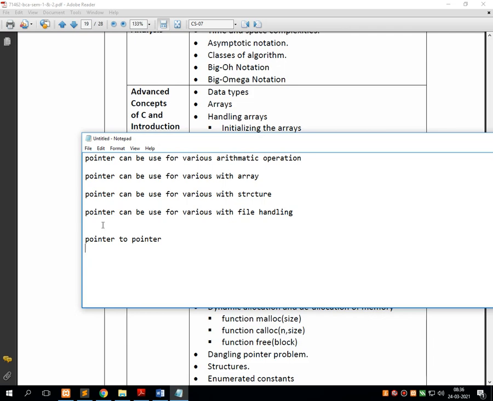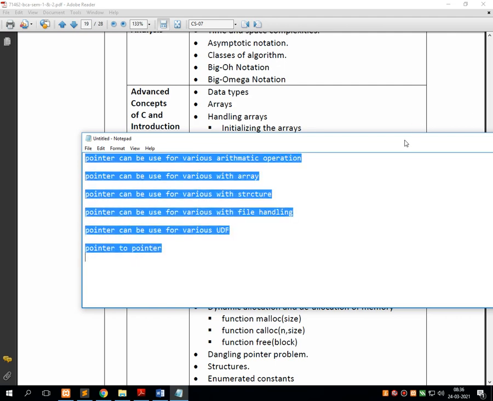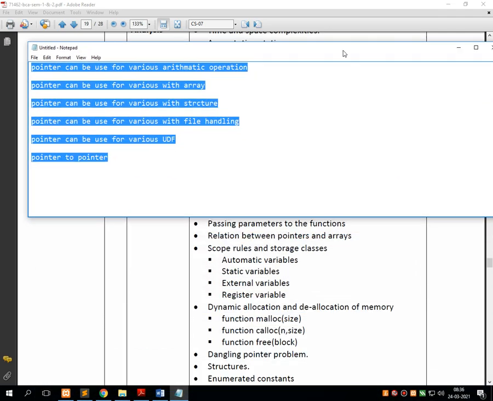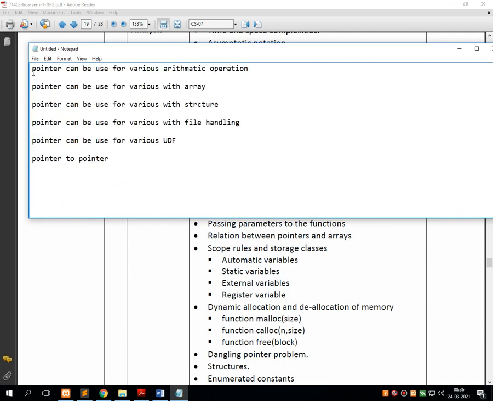Yes, one more thing I forgot to write over here: pointer can be used for various types of user defined functions also. That is called UDF. So all these things we'll see practically in this chapter.